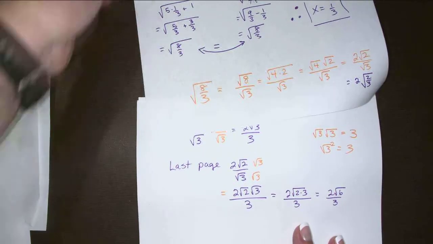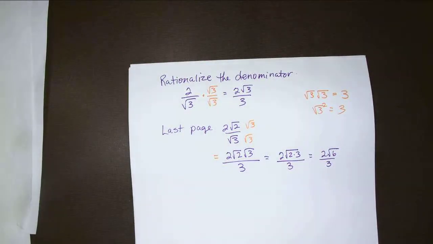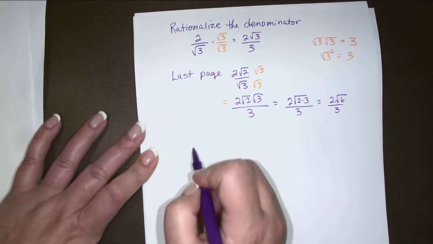Now, why is it important to know that? I don't require you to rationalize the denominator, nor will anyone in calculus, really. If you take linear algebra, you will have to rationalize the denominator. That would be some place you would use that for complex numbers. But where I see that you might need it is sometimes you're checking your answer. So say you're studying for the final exam in this or in calculus, and you're practicing the odd-numbered questions, because in the calculus book, the odd-numbered questions have answers in the back of the book. So you practice your odd-numbered question, and then you look in the back of the book, and you have the answer,